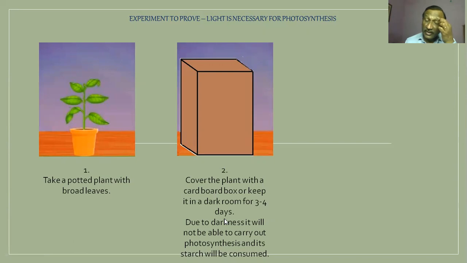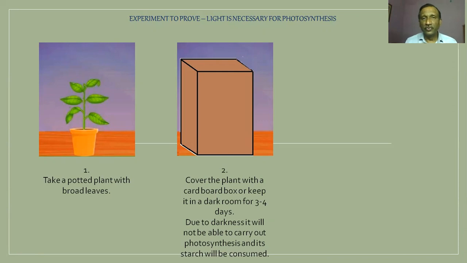Now what we are testing is that we cannot test for the presence of glucose on the leaves. So the best and the easiest way to find whether the photosynthesis has taken place or not is this. The end product of the photosynthesis is ultimately changed into starch and it is stored. So we can easily detect the presence of starch in the leaves. So for that, very first thing is that whatever starch is already present in the leaf, which was produced in the previous days, that has to be finished.